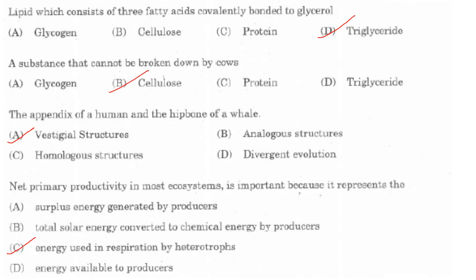Then next one. Lipid which consists of 3 fatty acids covalently bonded to glycerol. It is triglyceride. Answer is option D. A substance that cannot be broken down by cows. Answer is cellulose. A substance that a cow cannot break down is cellulose because they lack the enzymes to break